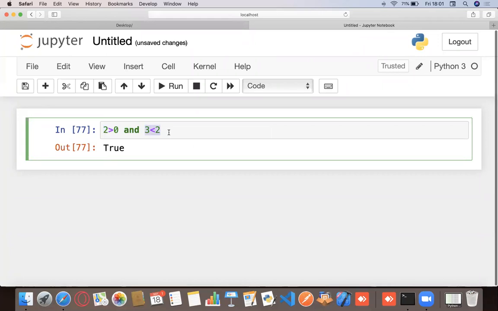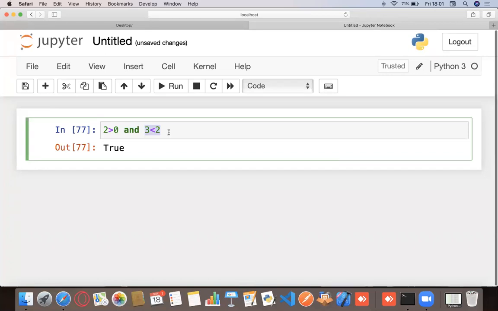Any engineering guy, anyone pursuing engineering, could you just help me and let me know what you have learned about the AND gate, OR gate, basically the Boolean algebra? So what would be true and true?